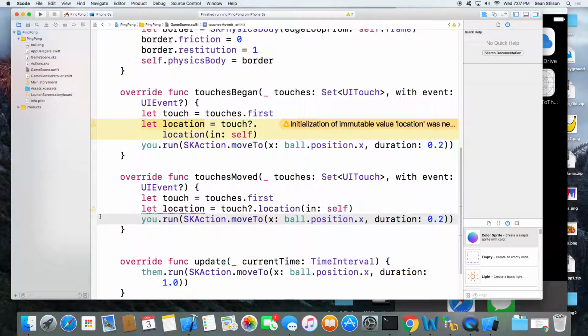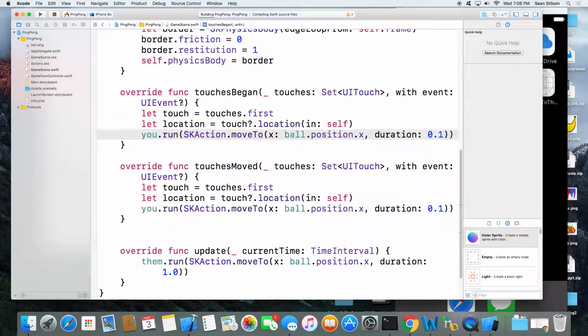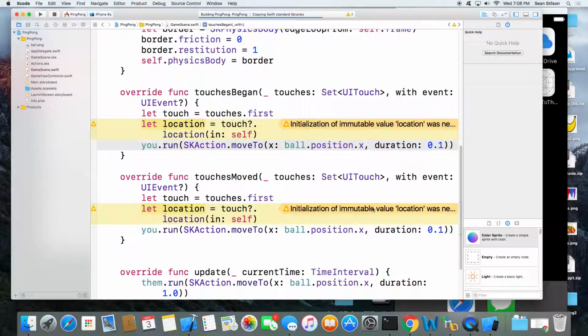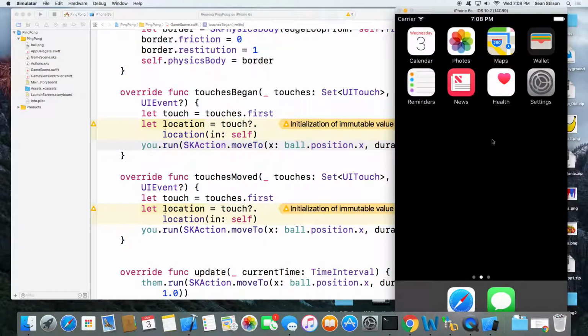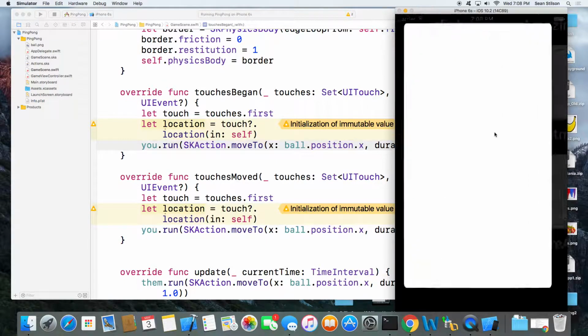We'll give it 0.2 of a second duration. If you want to, you can bump that down to 1/10, might be a little less frustrating. And now you should be able to move it around and actually have it move with your movement of the mouse.